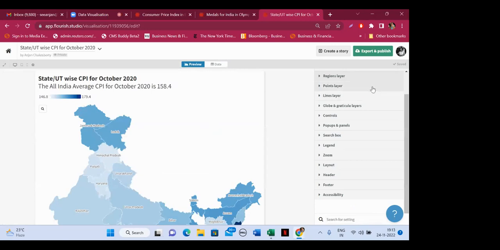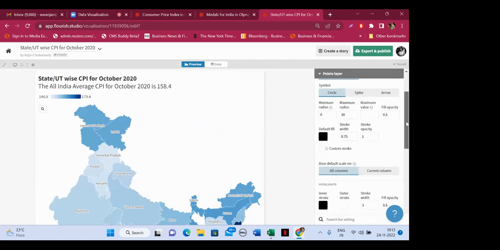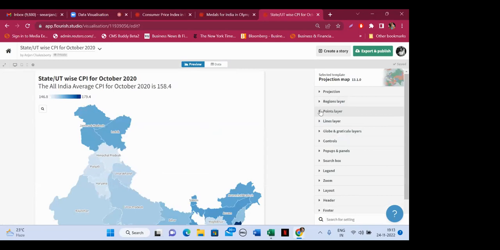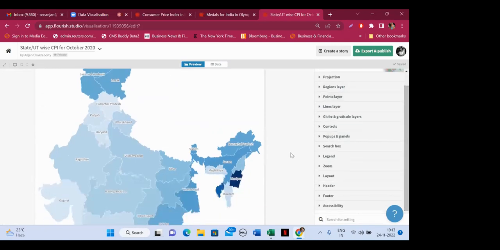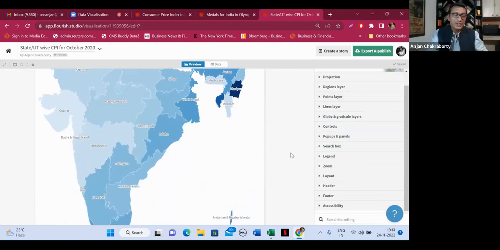What I said means in the whole picture I need to only mention one state CPI. That I am saying means I need to highlight with these colors only, but I need to highlight the Kerala or some MP or something, a particular state. Yes, I understand your question, but